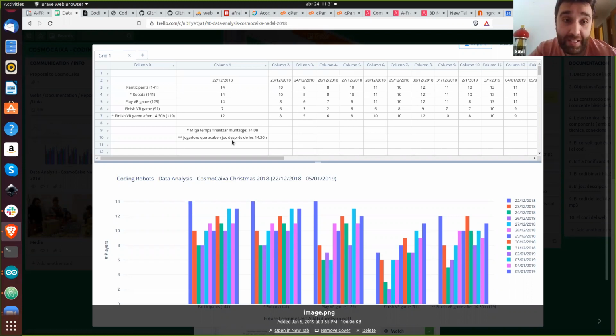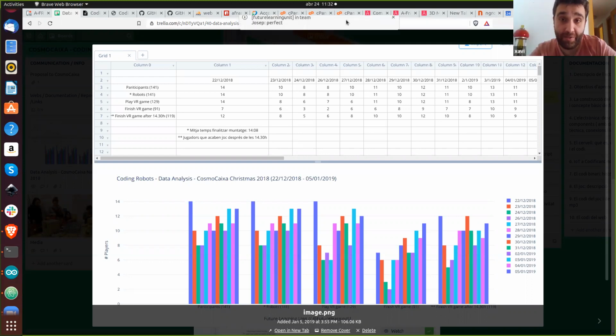But what I did is track the movement of each kid in terms of when they finish making the box, with the VR and soldering the electronics, when they start to play the game, when they finish the game, if they finish, because each group at the end has a letter. I don't know if it is clear, maybe it's too much, but each kid should play, okay, and then when they have finished, they have the binary code that